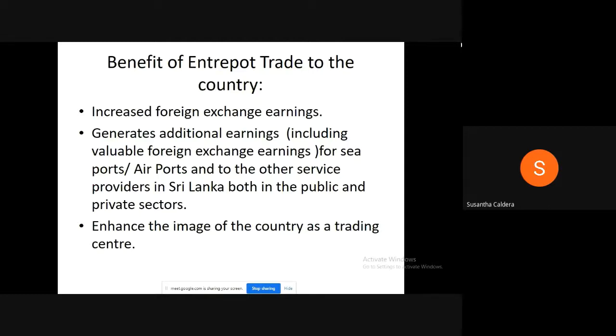Ratnapura, Anuradhapura, Kurunegala, Kaluthara. In those areas we'll have to hire people, and they have to come to Hambantota and do this processing. Those people have to stay in boarding houses. So it's an indirect revenue for the people in that area. Right? They have to eat. Either they have to buy food from houses, or they have to cook their own food in the boarding house, or they have to use small boutiques.